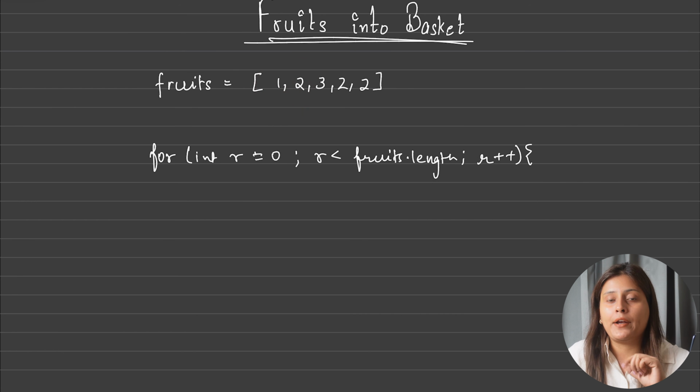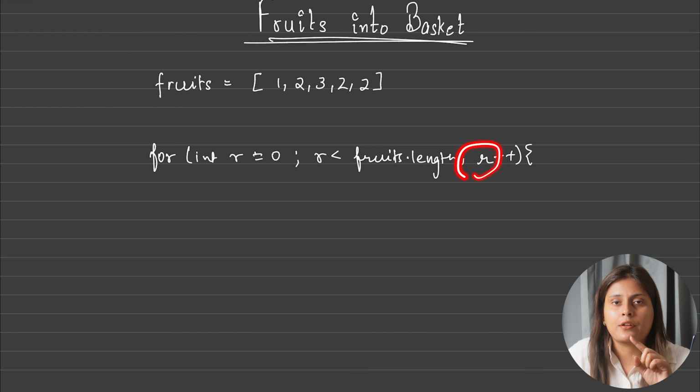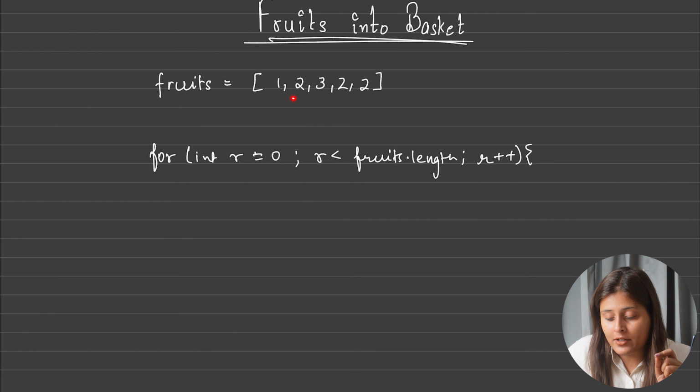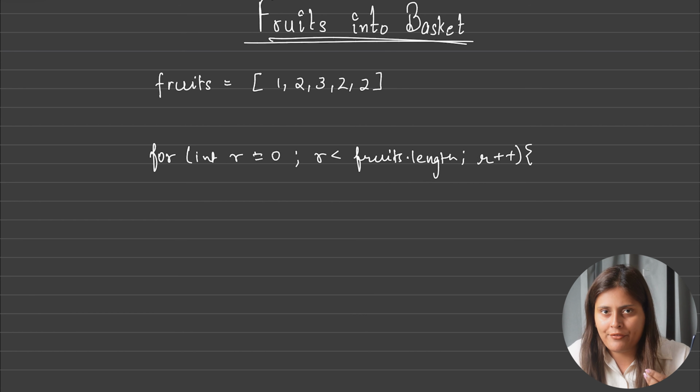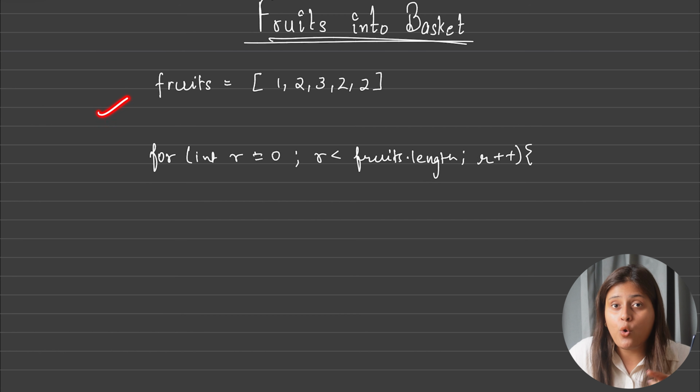Now the second important point: you will collect with the help of the r pointer, but where do you want to store these fruits? As you can see, when we have taken all this, the number of unique fruits was still 2 only. And you know, whenever you have to save unique elements, you always consider a set or hash map as your reference. So in this case, we will go with a hash map and not a set. So let's take an example.